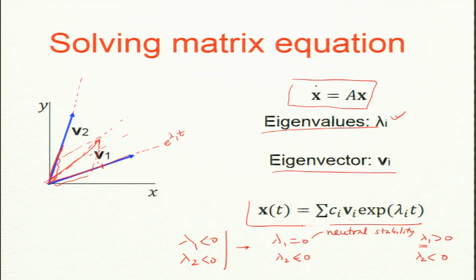So, the general solution is this. From the initial condition you can get the Cs, and once you have the Cs, then we can get x as a function of time. So, this is how we solve in linear algebra. Our objective is to find the eigenvalues and also the eigenvectors. Eigenvectors will tell you how the flow profile will look like. I am going to tell you how. This part I will tell you later.